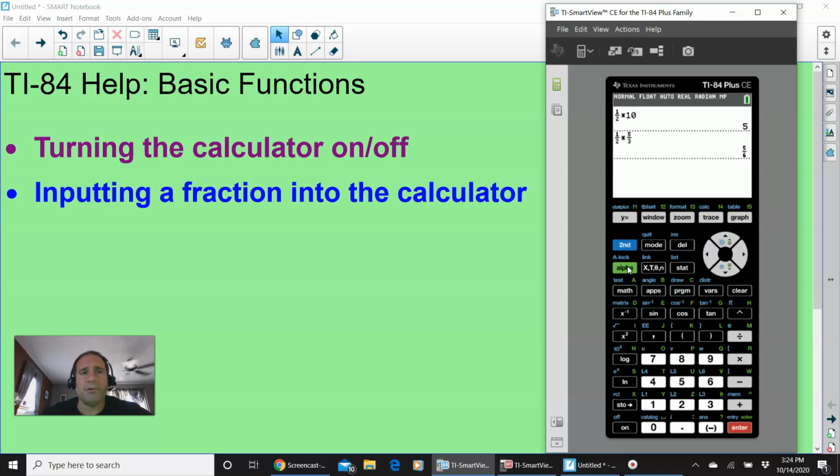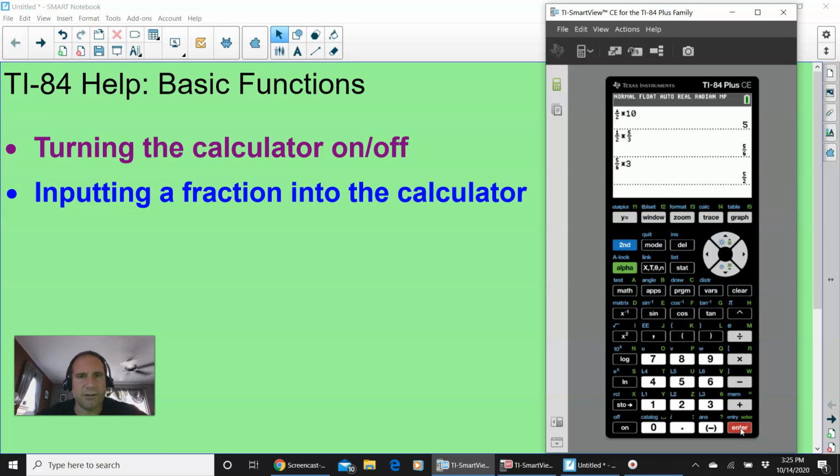Another way of inputting a fraction into the calculator is alpha Y. And with alpha Y, all of a sudden you'll see this small pop-up, and you see this number 1. If you press 1, or if you just press enter, that fraction, numerator and denominator, will be ready on your calculator for you to input whatever fraction you have. And if you do 5/6 times 3,